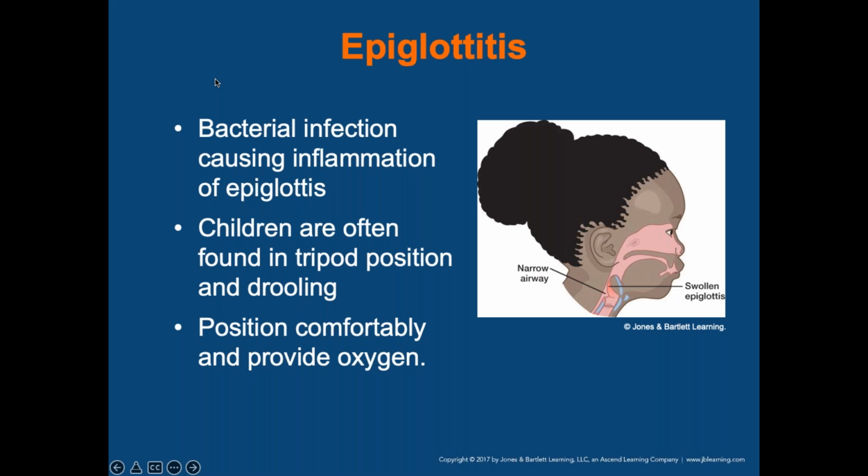So Nick, it can at some point in time. To answer your question on can croup cause airway obstruction, yes. So now I'll mention this too. On an X-ray, what they're going to do is they'll do an X-ray of the trachea and the upper airway, and they'll look for something called